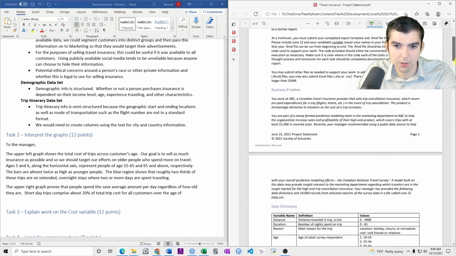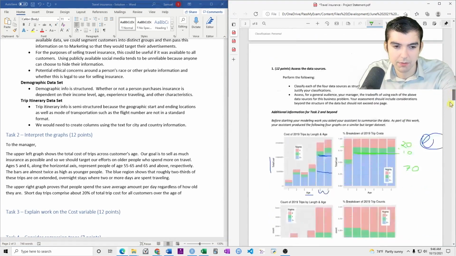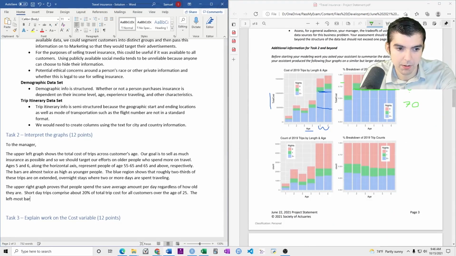What is 2? 2 is 25. Leftmost bar, where age is 1, represents people aged 18 to 25.